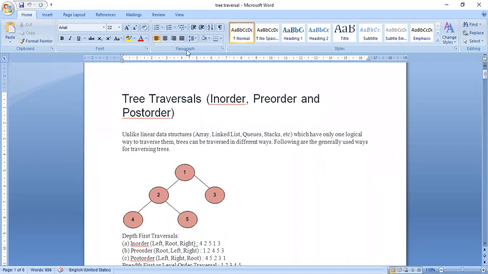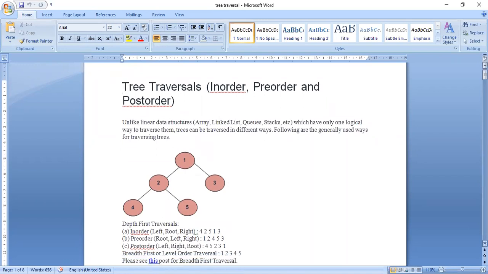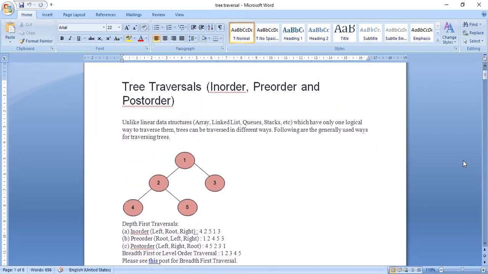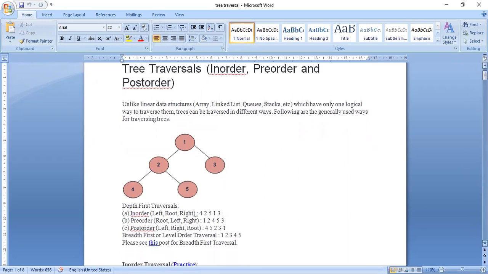So what is that order? In data structures, three orders were proposed for visiting the different nodes in tree traversal. What are they? In-order, pre-order, and post-order.